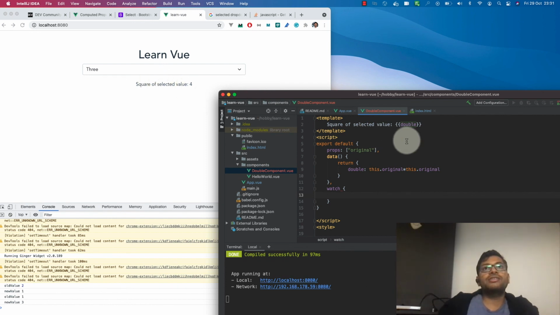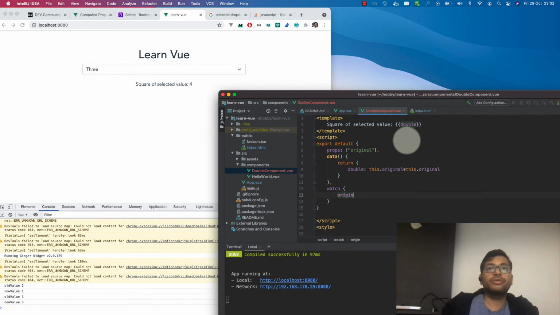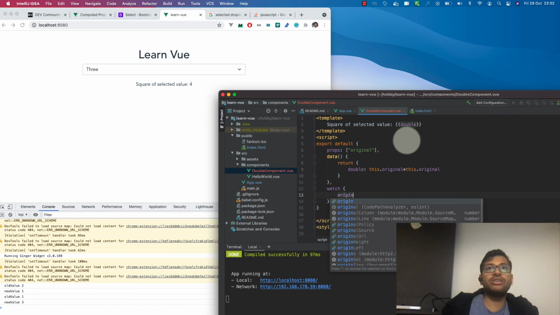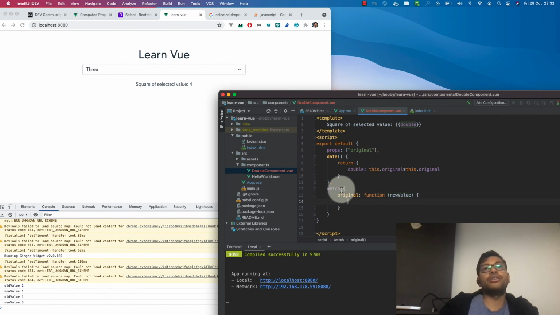So we can again see original. Let's watch this value original, and we can make it function new val. We don't need to check the old value, we can just check the new value.